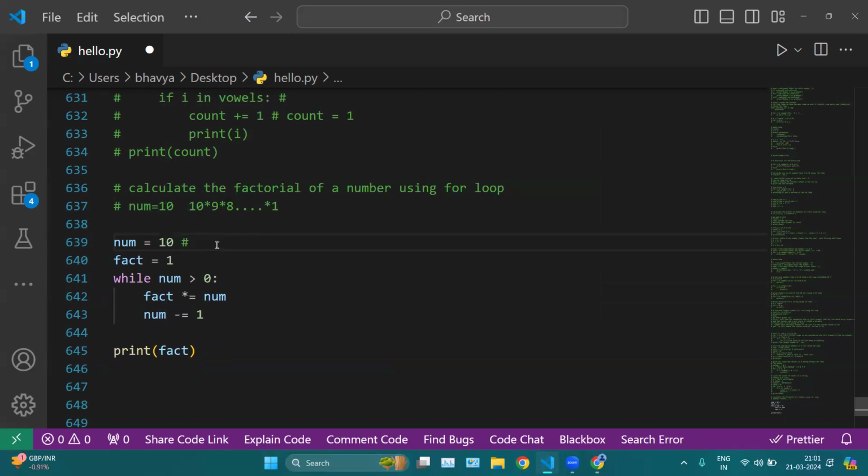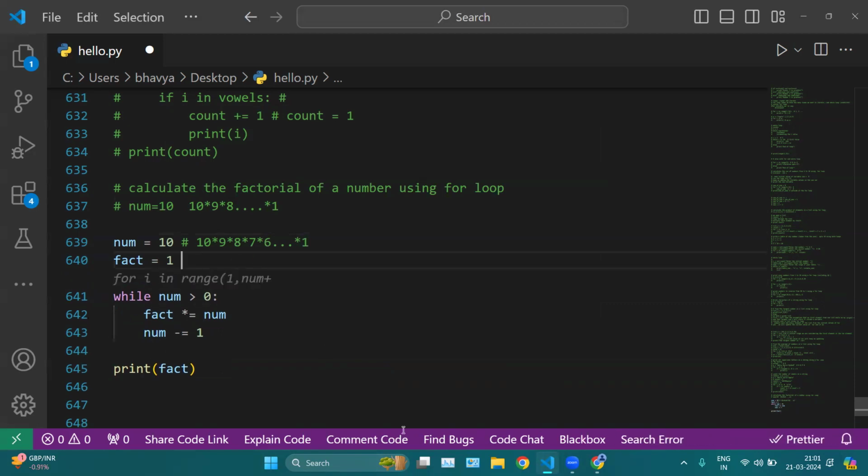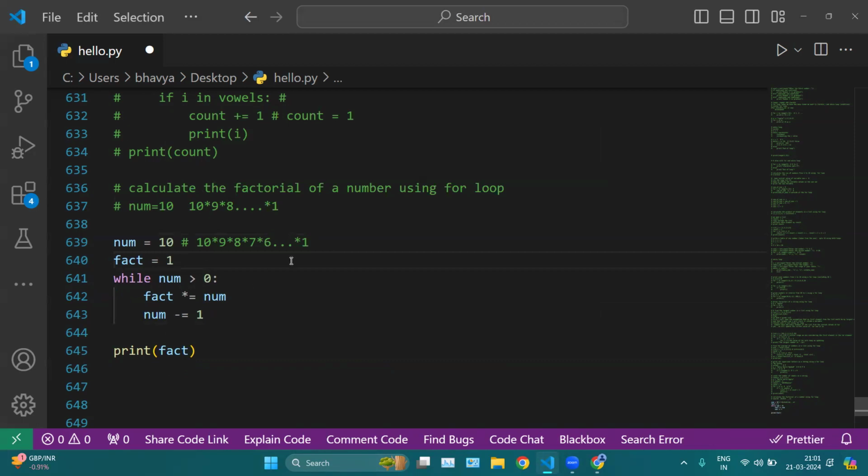So the factorial of this number is 10 into, sorry, 9 into 8 and then into 7, then 6 and so on up to 1. And here we are taking the factorial initially as 1, which is the initial value of factorial. Then here we are checking the condition: while your number, which is 10, is greater than 0, which it is,